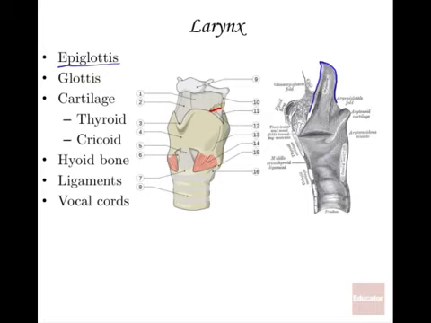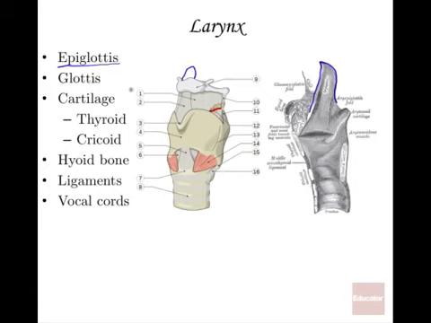So this is the epiglottis when it's not closed. So every time you swallow, it does close. So this person is not swallowing currently. You can't see the epiglottis in this shot, but if it were raised, you would see it poking out next to what's called the hyoid bone right there. So that would be where the epiglottis is.